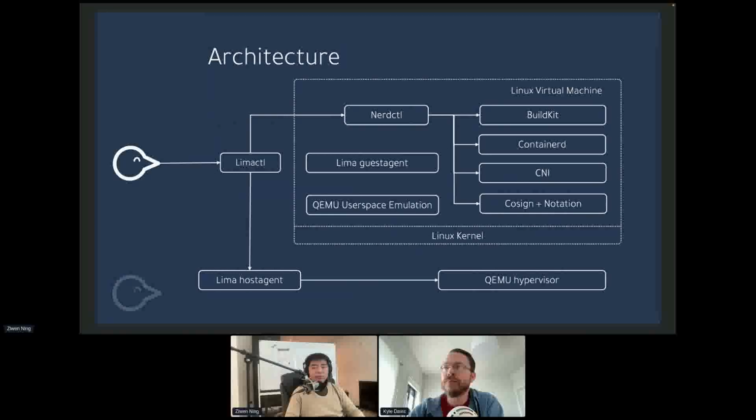Finch's architecture revolves around Lima as its virtual machine manager. Finch passes the guest OS image and configurations to LimaCtl, which then boots the VM using QEMU and starts the Lima host agent. LimaCtl also initiates the Lima guest agent within the VM for features such as port forwarding. For each Finch container-related command, Finch communicates with LimaCtl and